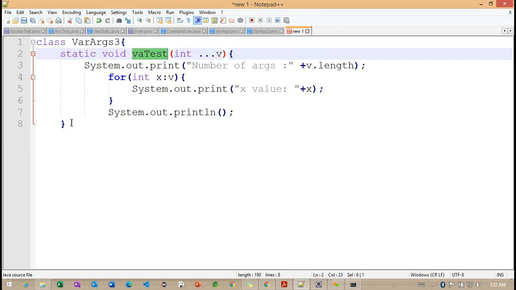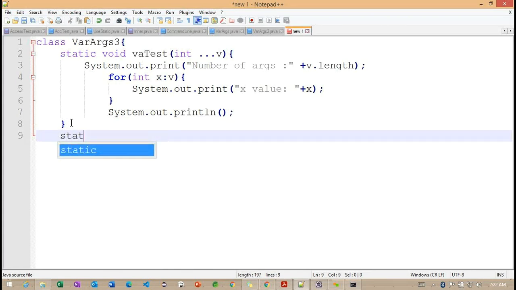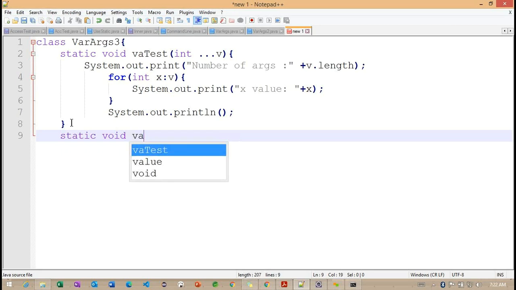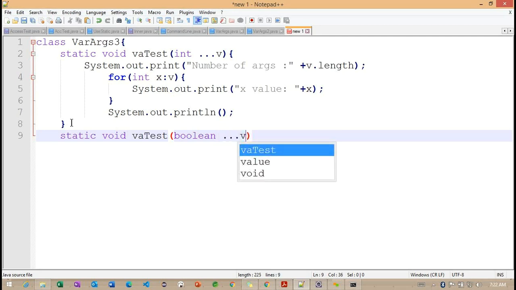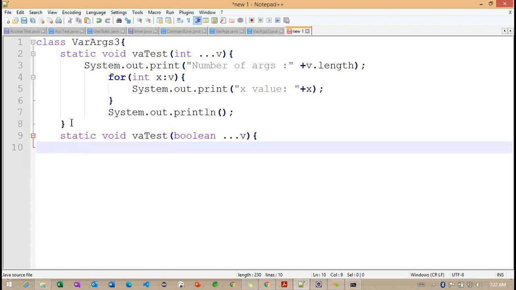Right. So now I'm defining one VA test which is expecting integer parameters. And the second one also I'm trying to define here, as a Boolean. So this is the different one. This is the different data type var concept we are discussing here.